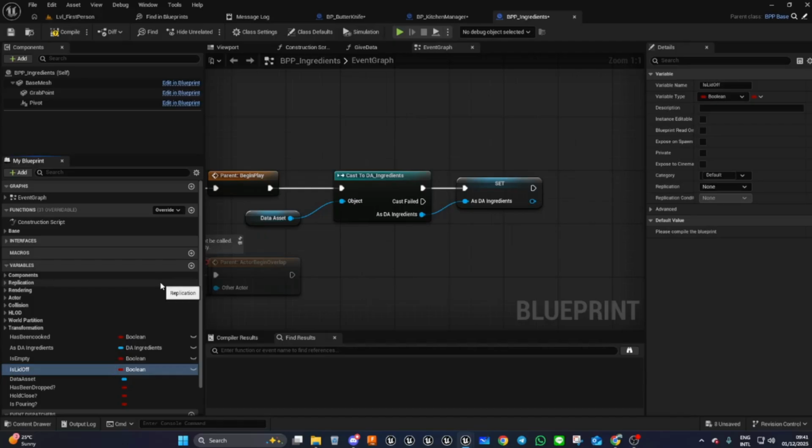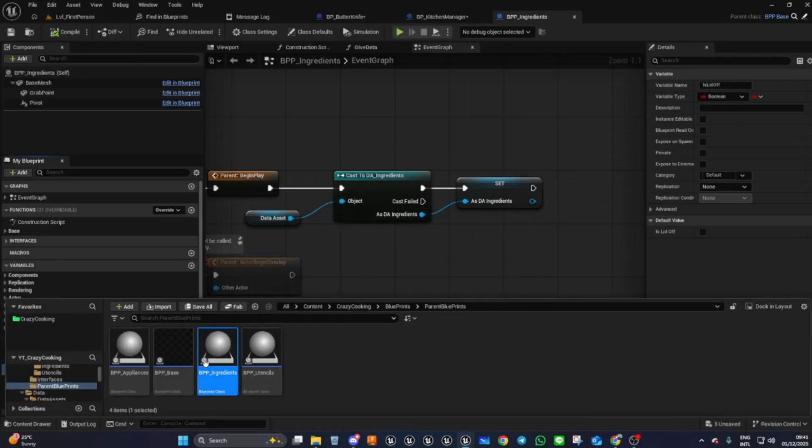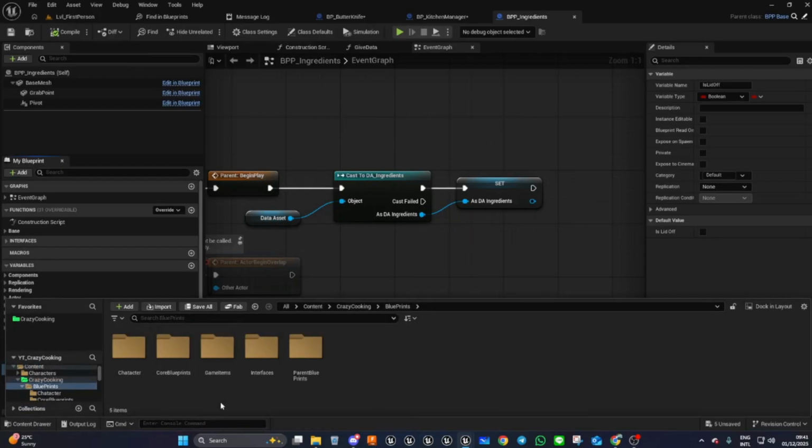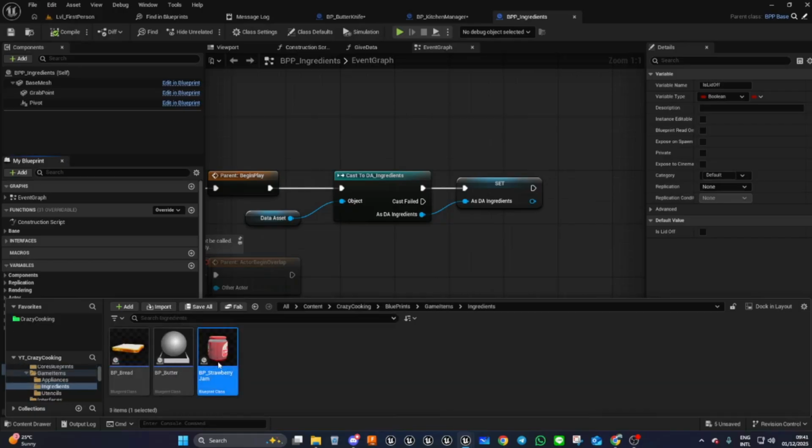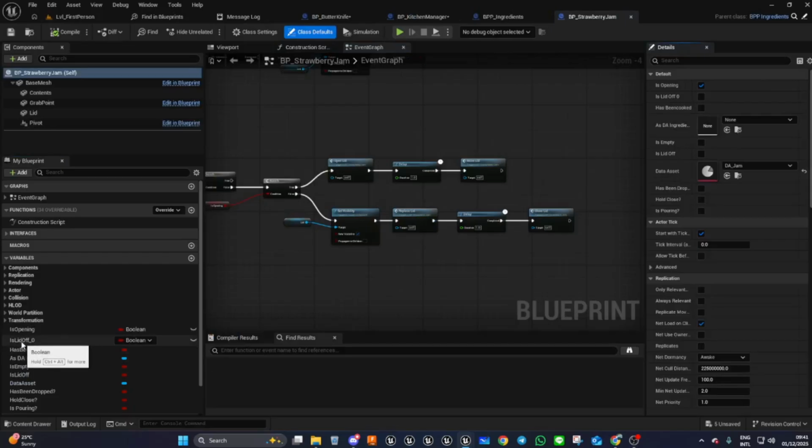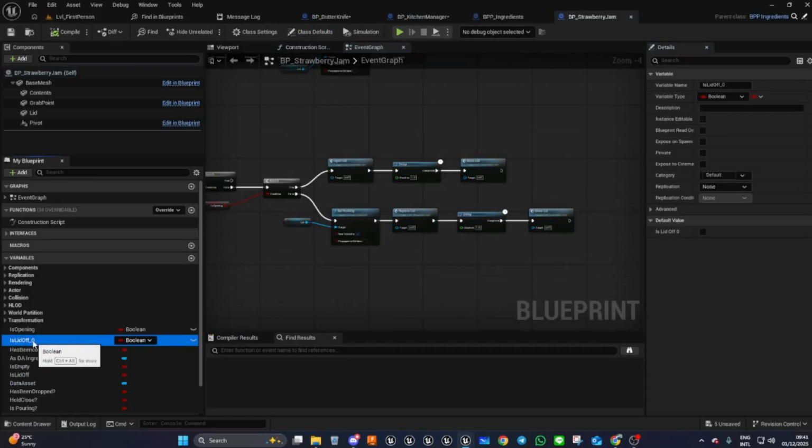Yeah, that's fine. We could end up with a problem with our jam pot here. Let me just open up the jam pot and double check that. Same item, ingredient, jam. Okay, so now you see we've got it as a 0. So what you want to do is go into your jam